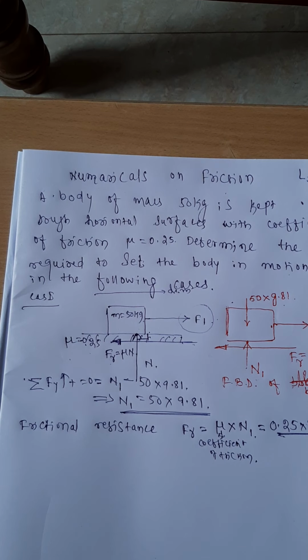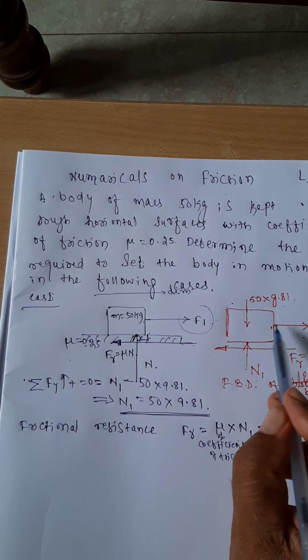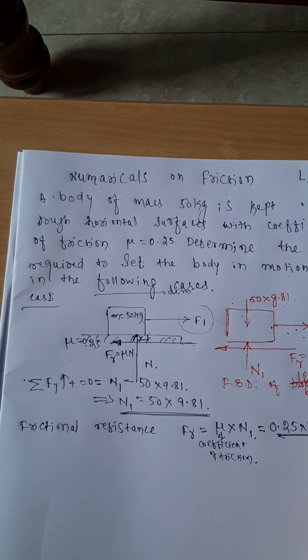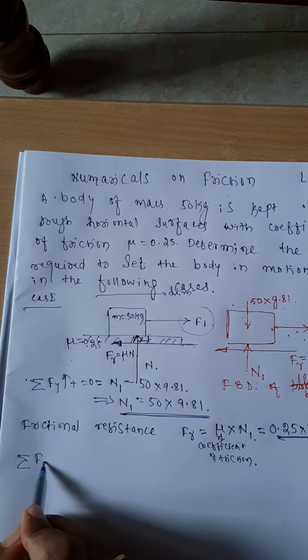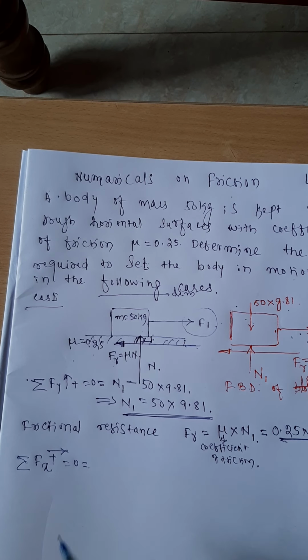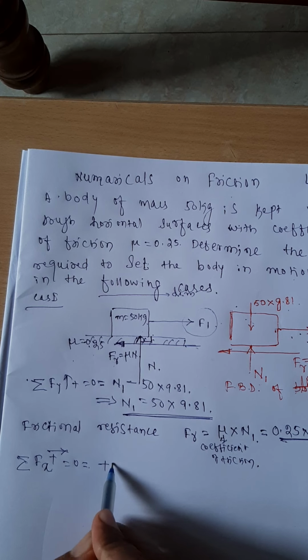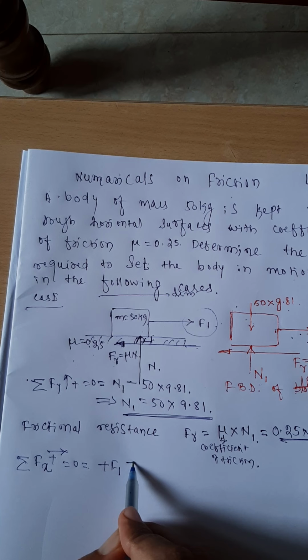Yes, friends, I got the frictional resistance, I got all the forces. So one more equation is left with me. Can you tell me what that equation may be? That is nothing but the total of horizontal forces equal to 0. Total of the forces in the x direction, or the horizontal direction, taken positive, equal to 0. What forces are there in the horizontal direction? Just see here. F1 is going towards the right, that is why I am taking it as positive, and FR is going like this, negative, minus FR.